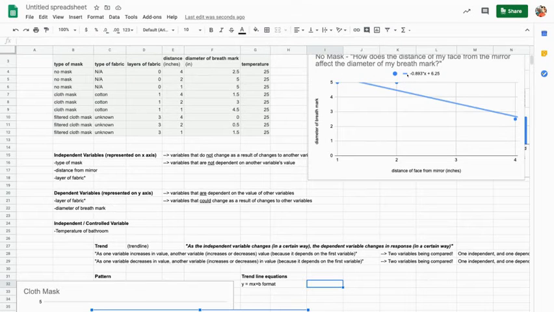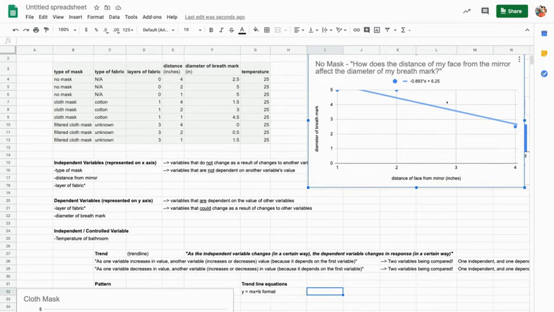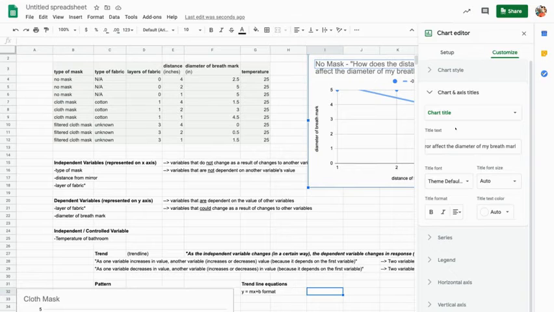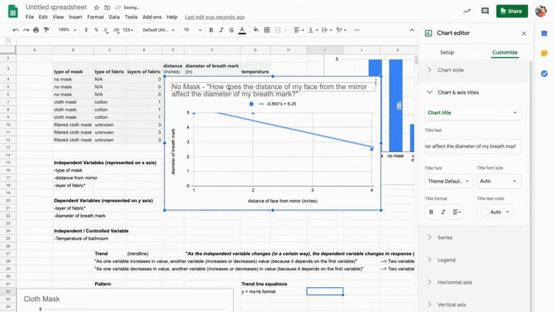The big idea is just to see that this is a negative slope. Negative slope means that as you go to the right, then your y value is going to decrease. So you have a positive change in x and negative change in y, leading you to this negative slope. So then what does a negative slope mean? We're so close, right? What does a negative slope mean? It means that when we go back to our title here and we're trying to describe this, we can say, how does the distance of my face from the mirror affect the diameter of my breath mark? Well,